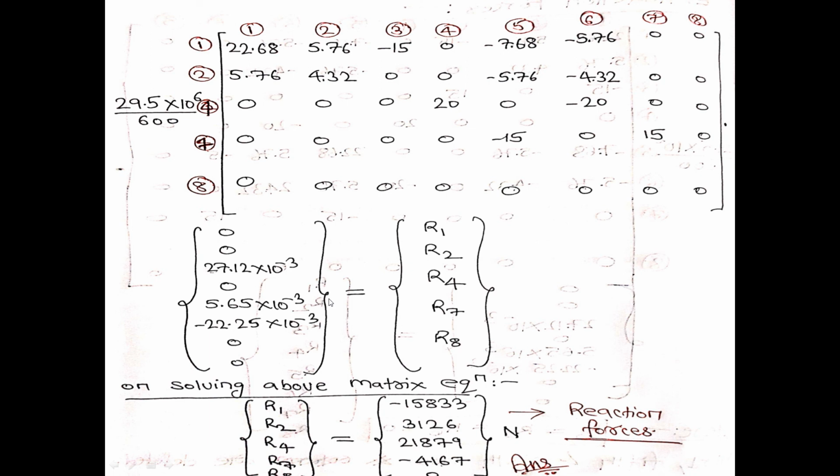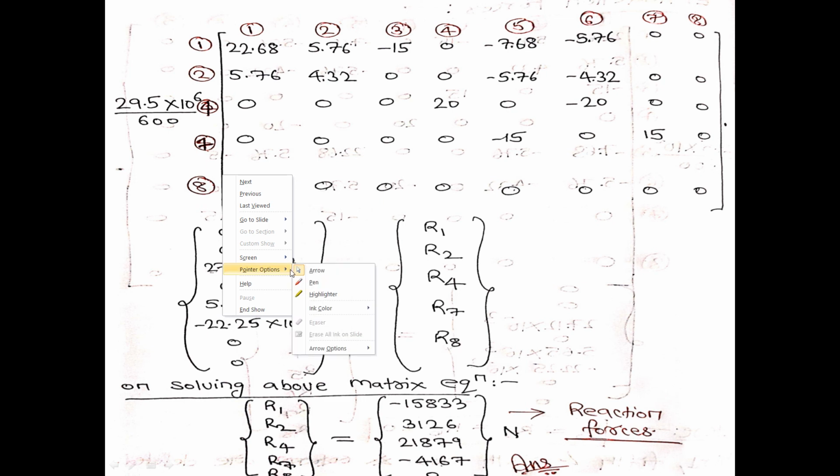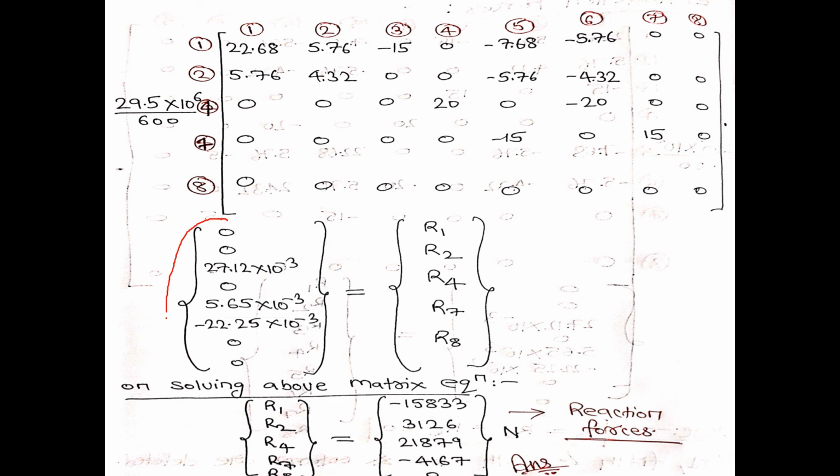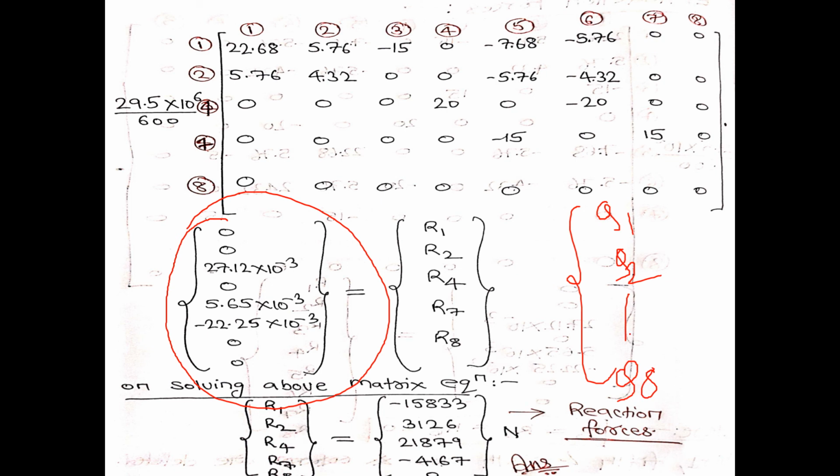So after deleting the third, fifth, and sixth row from the global stiffness matrix, this is the final stiffness matrix you are left with. Into this, the value is what? This is your global displacement vector matrix, which is q1, q2, q3, likewise q8,